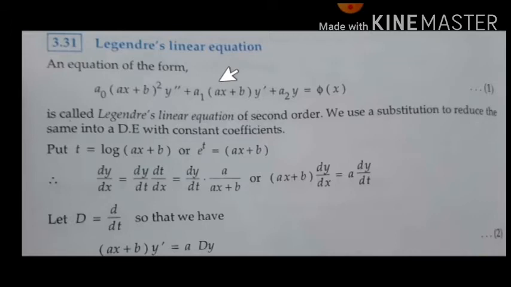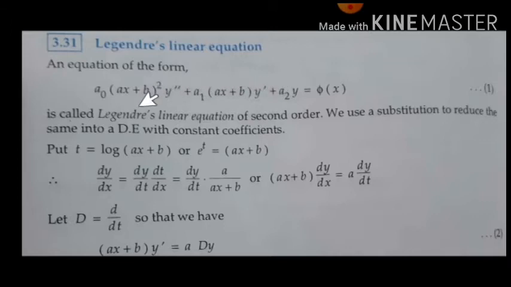Now after identifying the differential equation with some standard form, if you are getting it in this form, we came to know that it is a Legendre differential equation. So by identifying the forms, we can do a simplification in certain standard ways. Like we convert this type of differential equation into a differential equation of constant coefficients. It means the variable should not be there along with y double dash and y dash. So we do some standard substitution.